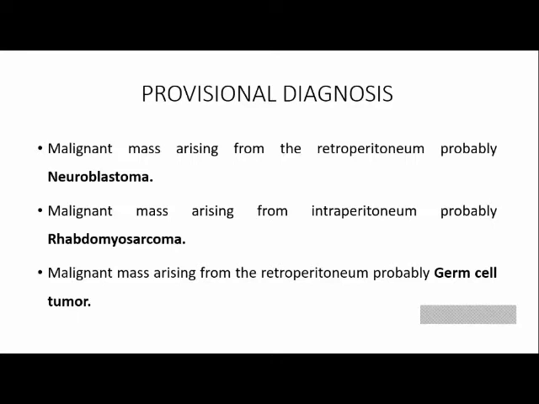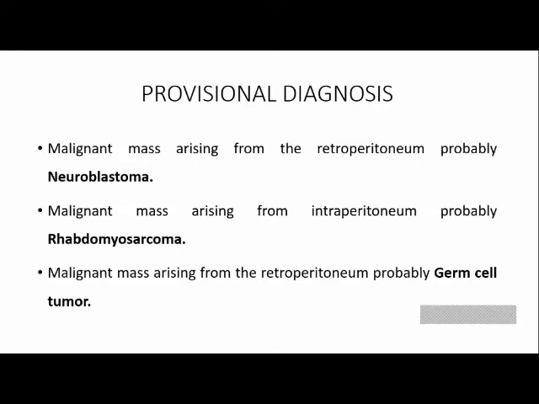If the surface is smooth, it is usually a Wilms tumor. If the surface is nodular, it would go in favor of neuroblastoma. If the borders are very well defined and it takes the shape of the kidney, roughly ovoid, then it is possibly a Wilms tumor. If it is going haphazardly in all directions and you can't clearly figure out the borders, then it is probably a neuroblastoma. So irregular borders and nodularity on the surface go in favor of neuroblastoma. Smooth surface and well-defined borders go in favor of Wilms tumor. Coming to germ cell tumor, it is usually a midline tumor.